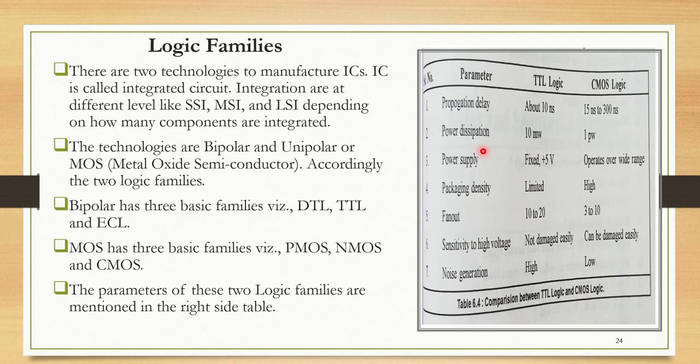Similarly, power dissipation, then power supply, how much power it takes, the package density, fan out. Fan out means when one input is given to your gate, that output can be used in other gates. So how many gates you can put on a single line, that is called fan out. Then sensitivity to high voltage, noise generation, how much noise it generates. CMOS noise generation is low, and TTL noise generation is high. So these are the characteristics of